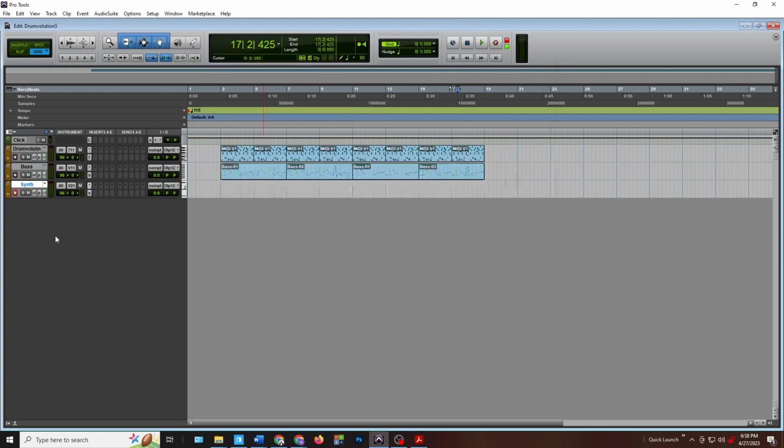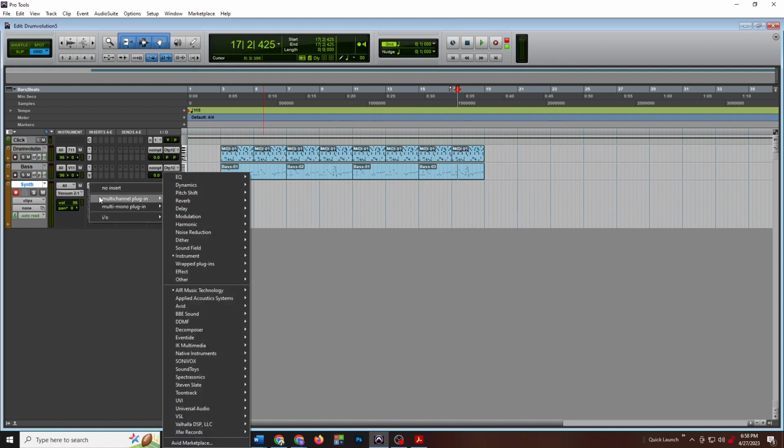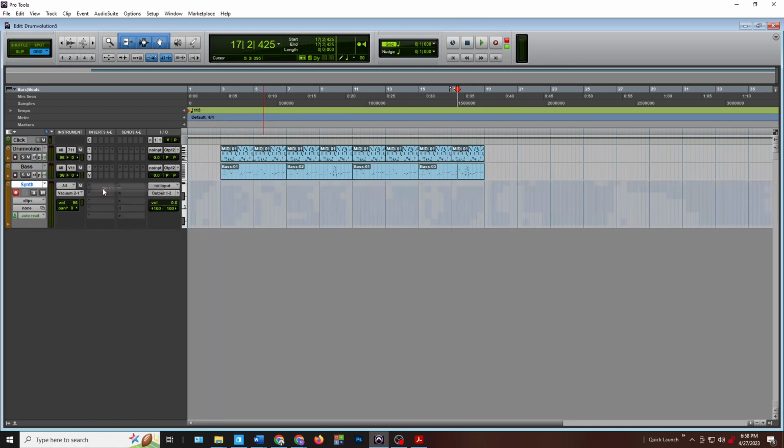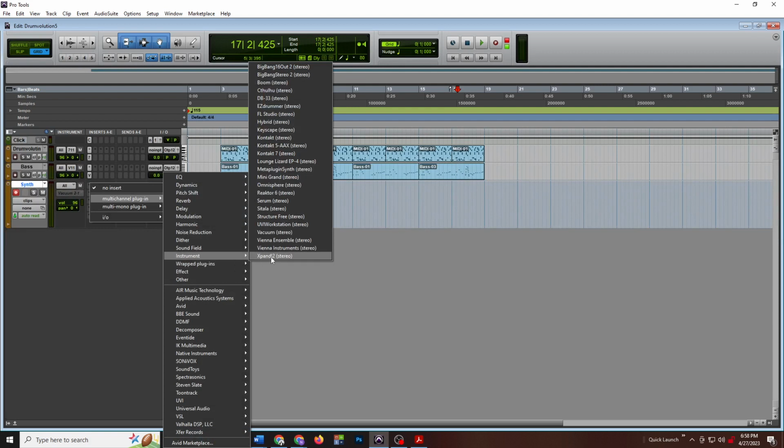So let's pull this thing down here, hover over this until you see that indicator, and then click and pull downward. What that does is it gives you an extra button here next to the slot and we're going to want to click this little dot, and then that'll let us change. You could go to no insert, and that'll delete it, but you don't have to do that. You can just go directly to the multi-channel plugin instrument,